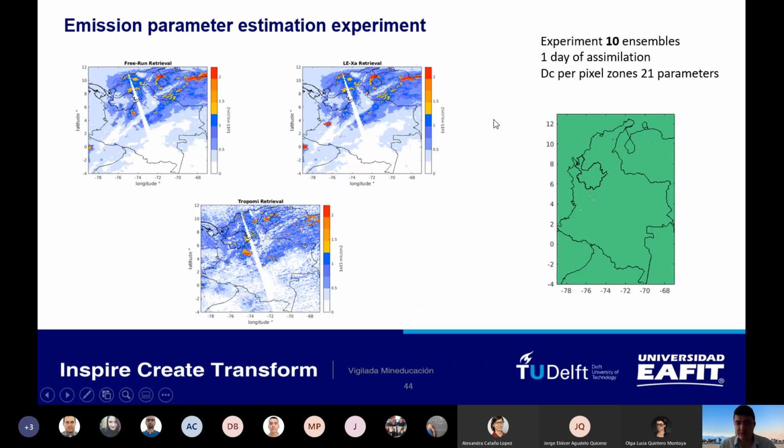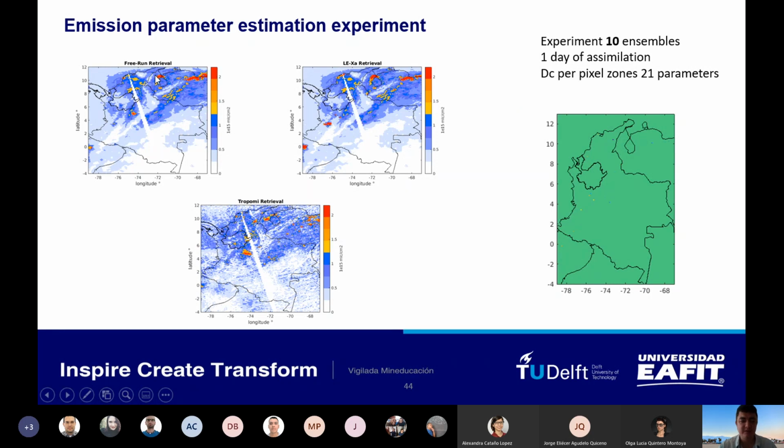In the next pictures, I'm going to show you some of the results that we have. This was the first one. It's not very good in terms of the dimensions I take, they are very low here, but it's here to focus on the things I'm going to show you. I'm going to show you the free run. It is the model